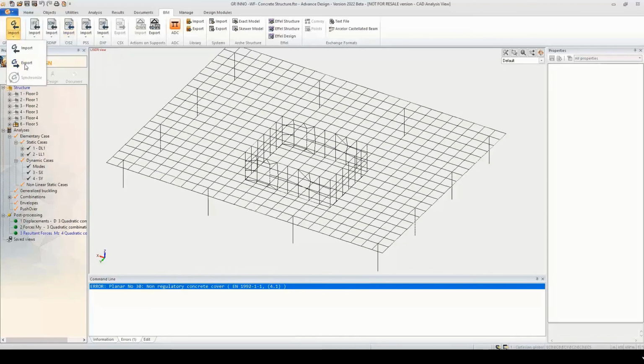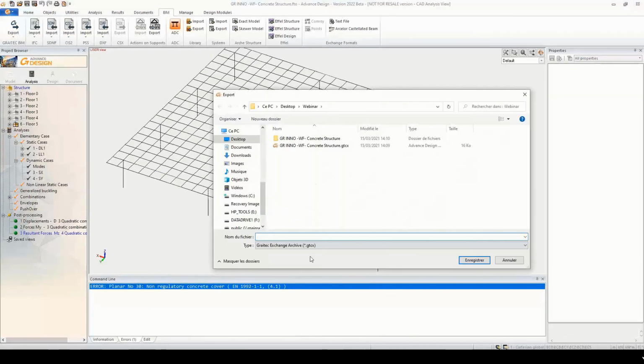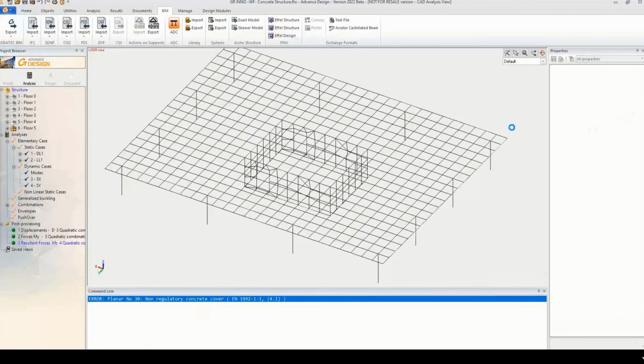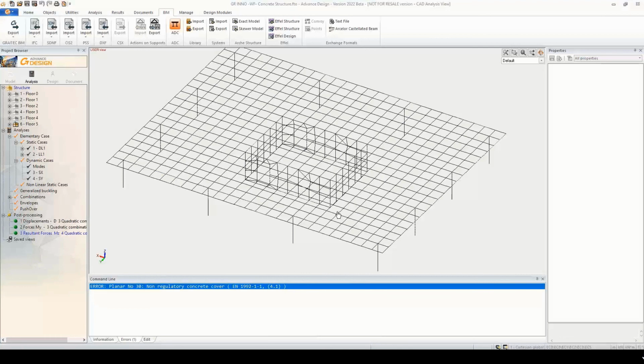In this ribbon in Advanced Design we have several other file formats for export: DXF, CSV, PSS, SDNF for steel, for example, etc. Here we will export GTCX files, which is the Graitec file extension. It's our internal file format used for the workflow between our products and our partner products, such as Advanced Design and the Autodesk platform, Advanced Steel, or in this case Revit.